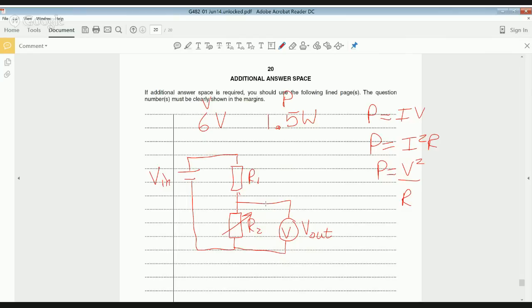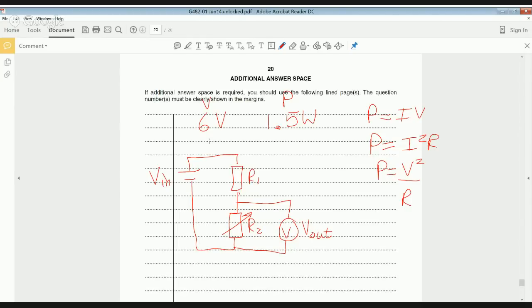Potential dividers are used as sensors. I've just explained the potential divider circuit here. As I said, there is a whole video on this for Viralite if you want more info. But they're usually used as sensors. The example in this exam paper we've just gone through is one that's used to switch a light on and off. But you could use it